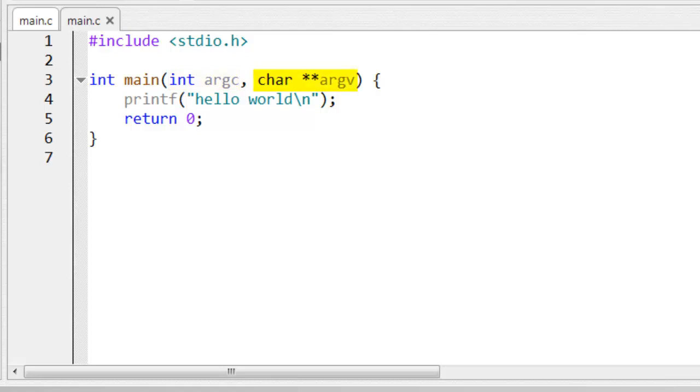The next argument, argv, is preceded by these two asterisks or stars, plus the char declaration. And what this means is that argv is actually referring to an array of character strings. Actually, it's a bit more complicated than that, but I want to defer discussing exactly what this means until later in the course. For now, just bear in mind that when you see char **argv, or alternatively, it might be char *argv and a pair of square brackets, that means that this is an array, that is a sequential list of strings